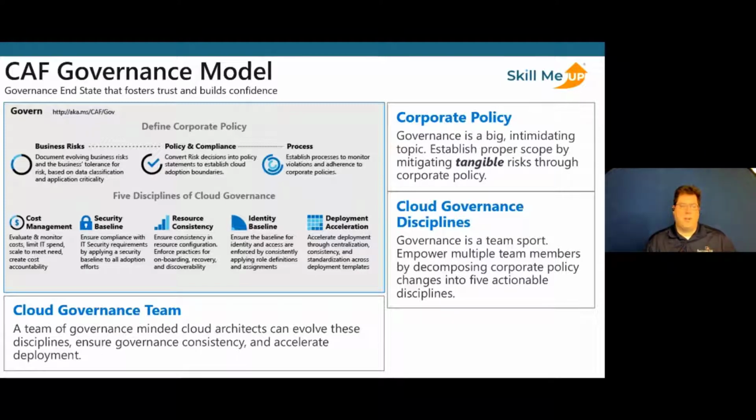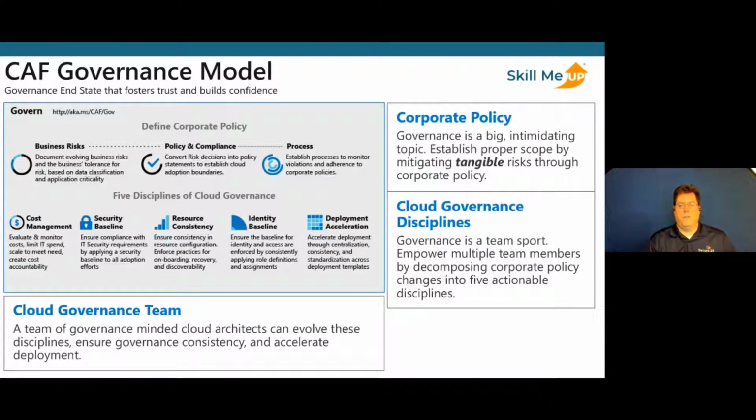We have our cost management, our security baselines, resource consistency, and our identity baseline, which is key even to the planning and adoption part of moving to Azure. Then there's deployment acceleration: what are we going to do to centralize and create a consistent, standardized environment across our deployments, utilizing templates and, as we'll talk about shortly, the well-architected framework.